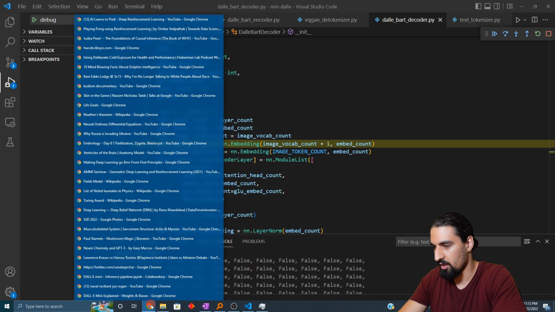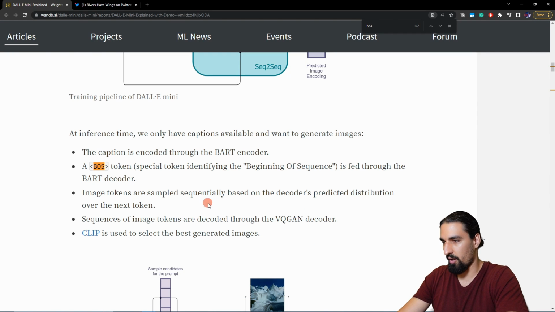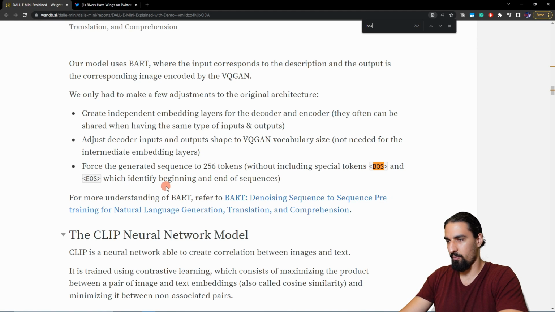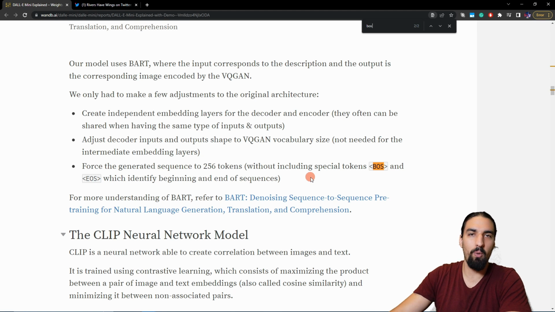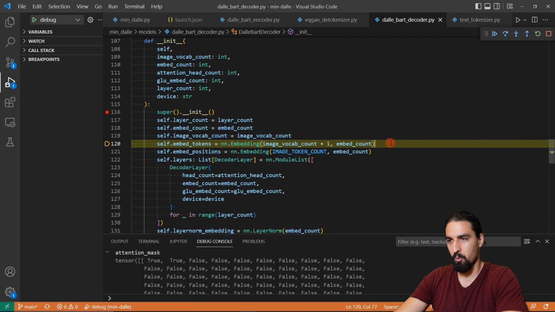Let me show you this. So basically, it's called BOS token. Okay, so they say here at inference time, blah blah blah. So a BOS token is fed through the BART decoder, and yeah, that's basically why there is +1. As I said, not the cleanest way to do something,